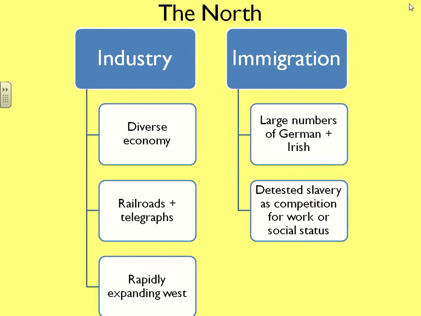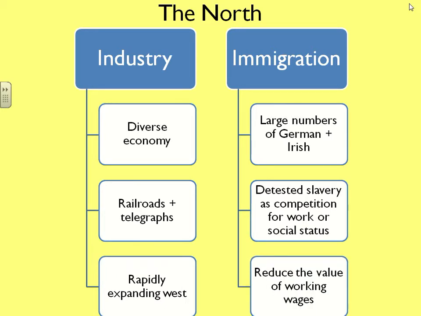And the Irish look at the blacks really very racist towards them, because the Irish see themselves as one step up in the social hierarchy at the time. And non-immigrants also see slavery as reducing the value of their own working wages. So Germans and the Irish both have strong views over the issue of slavery, with the Germans wanting to end it, and the Irish wanting to see that African American slaves are kept in an inferior position, lower than themselves.